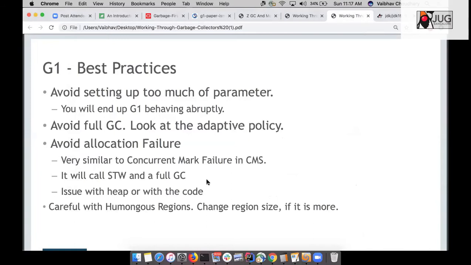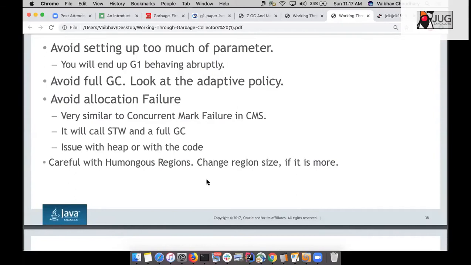At what point the heap gets full, you say let's start doing some work for the collection. Generally that is set to 0.8, which means if 80% of the heap is full, the GC will start doing some concurrent work in the background. That is what the adaptive policy is all about. There is a lot of detailed complication in all these things which I am not covering. Sorry for that.